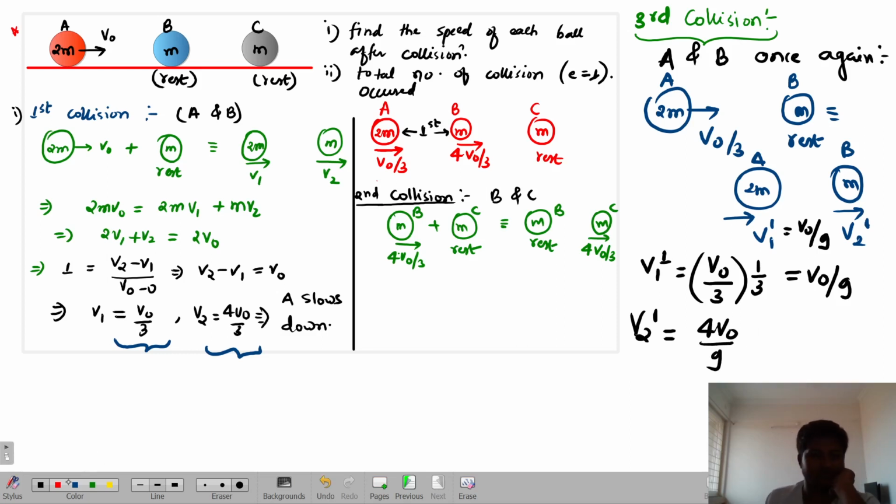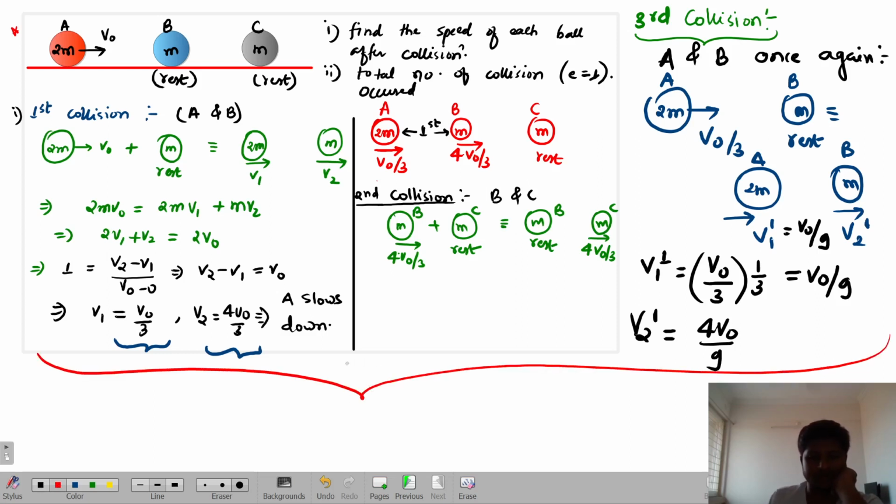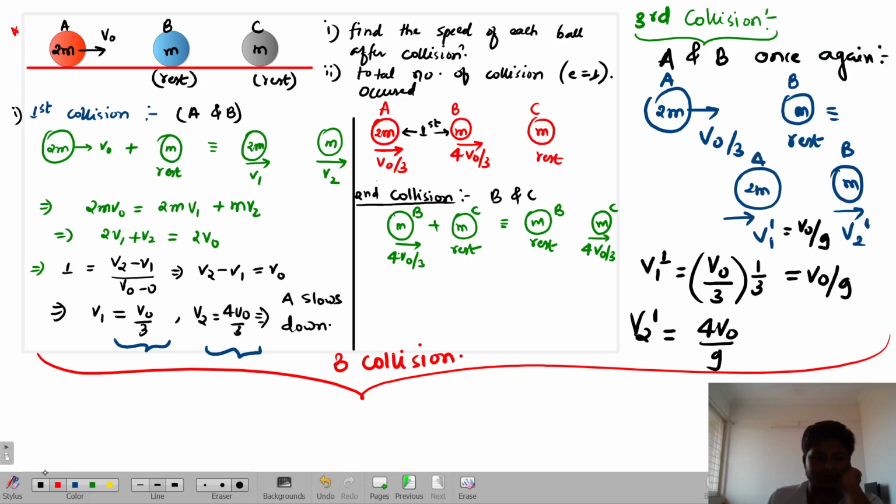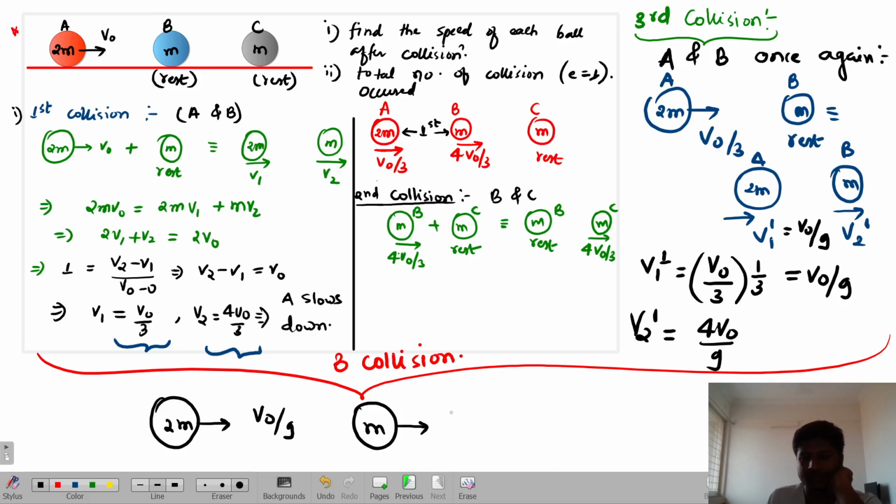So what you got to see is there are a total of 3 collisions, isn't it? And after the collisions, the bodies are moving such that 2m is moving with velocity V naught by 9, m is moving with velocity 4 V naught by 9,